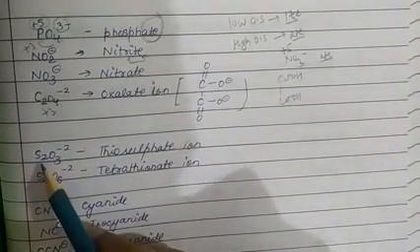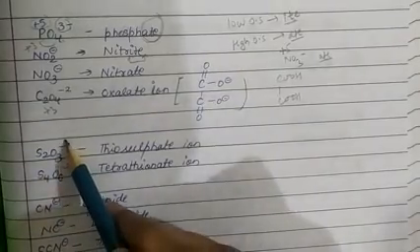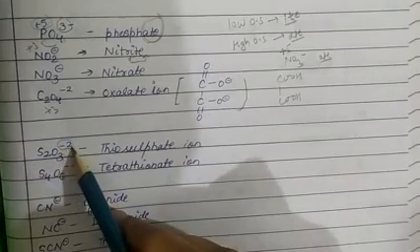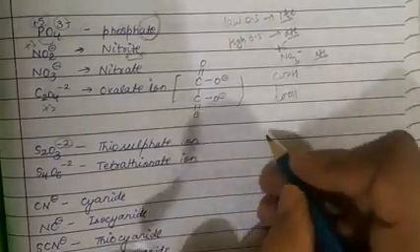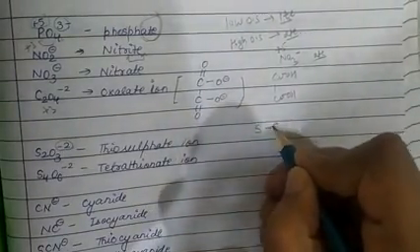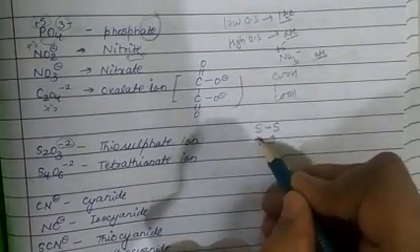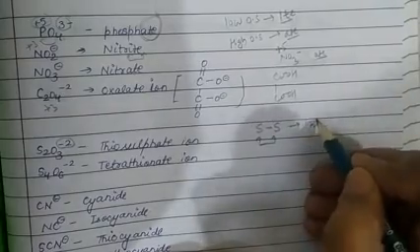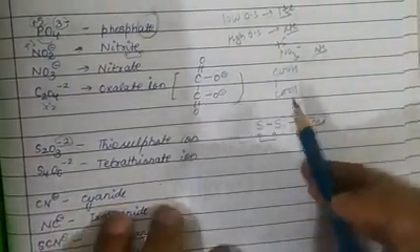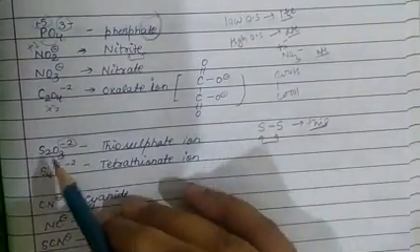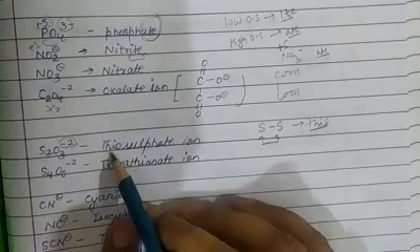See, next is S2O3, carrying 2 negative charge. Whenever there is a sulfur-sulfur linkage in a molecular compound, we always use thio. In the case of S2O3 2-, there is also a sulfur-sulfur linkage. Therefore, we call it the thiosulfate ion.